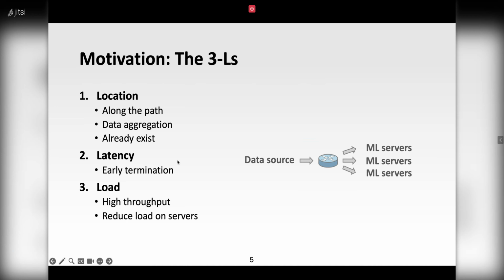The third one is load. Today we see an increasing volume of data and information, and the computing burden is all on the servers. But now we want to offload some of the burden into the programmable network devices, because there are a lot of idle computing resources within them that have not been utilized. Also, network devices provide high throughput and high power efficiency aside from low latency benefits.